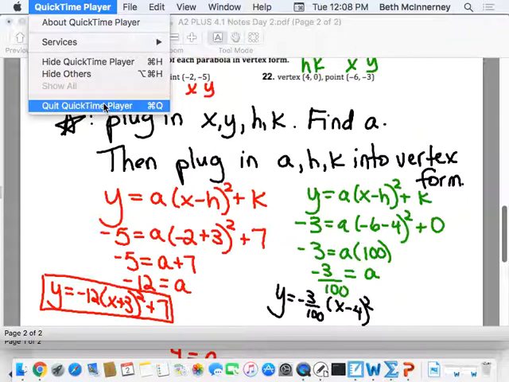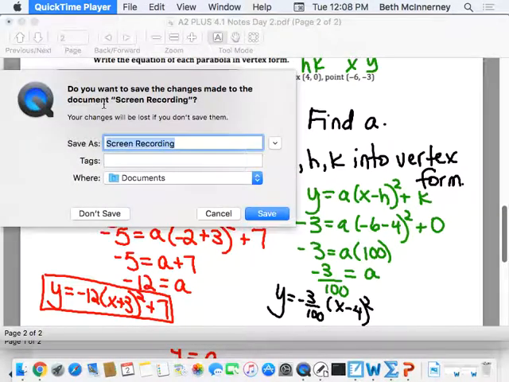Wait, do you divide the 100 then instead of? You divide, yes, because it's a times